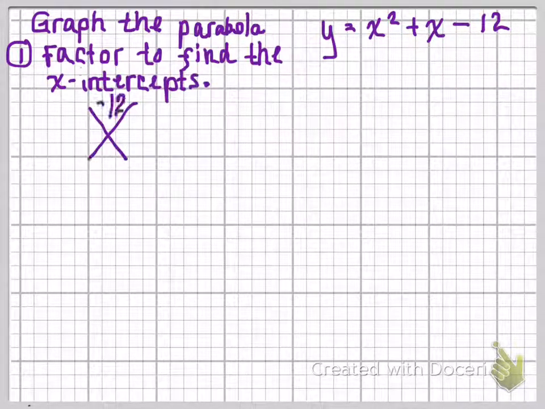this example. So we have this equation, y equals x squared plus x minus 12. So we're going to factor it to find those x-intercepts. This one is easily factorable. If you couldn't factor it, you could put it into your quadratic equation, and you could do the same thing. You're just going to have some decimals. Not that big of a deal, because when we're actually graphing this by hand,